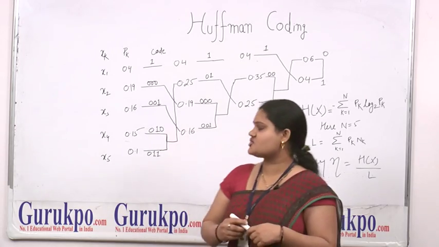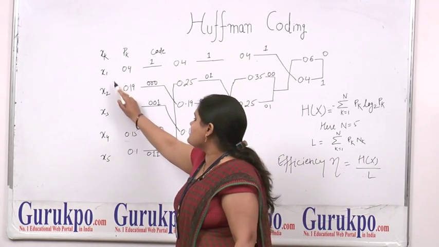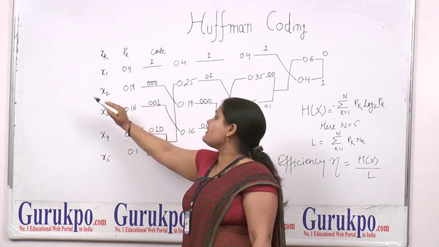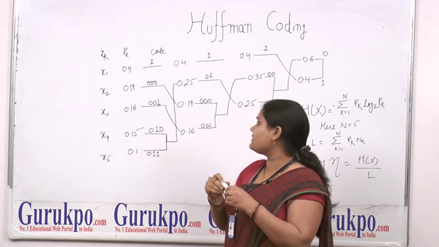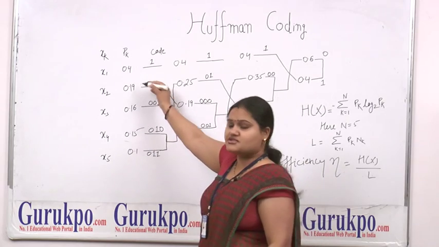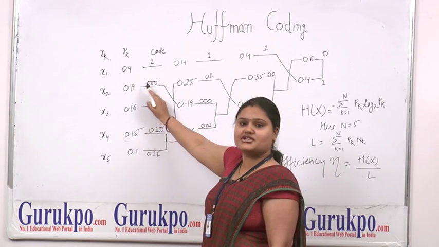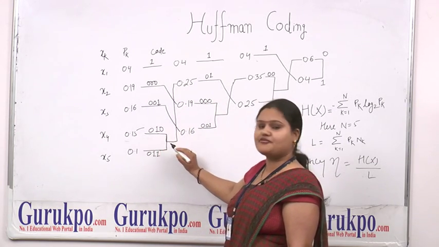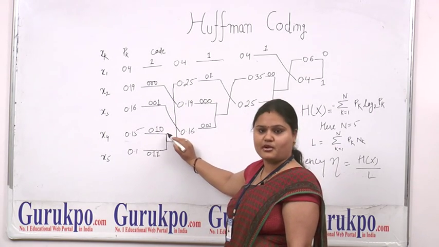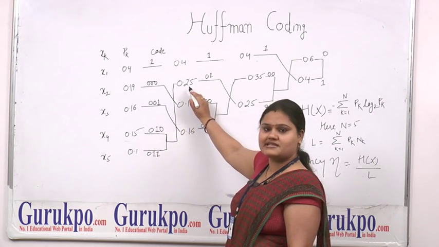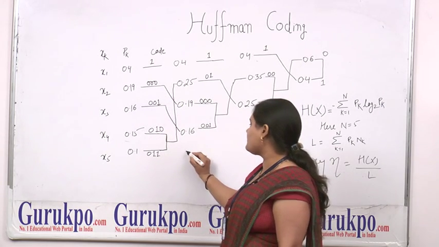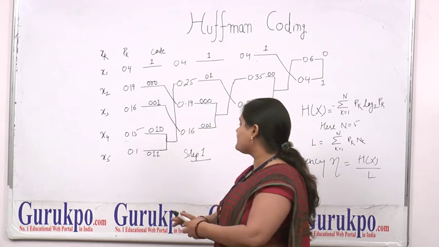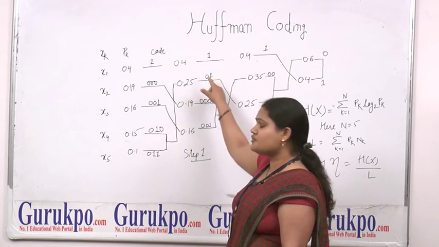So we have to arrange in this manner. Here we have the message signals, denoted xk, and the probabilities, denoted pk. We have to arrange the message signals with their corresponding probabilities in decreasing order. Higher probability should be on the topmost and lower probability on the lowermost. Then we combine the last two probabilities and assign the new probability in step one. This step is called the step one reduction, where we add the last probabilities and arrange them as a new probability.